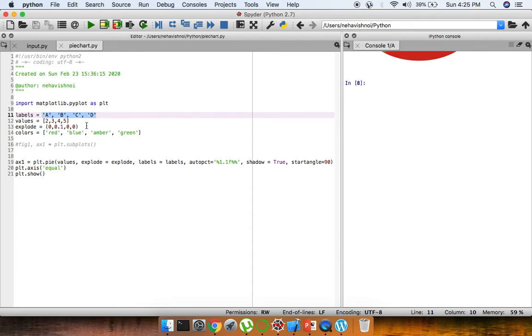We can even assign explode percentage for each of them. The second pie, if you see, all the other three are 0, but the second one will explode, and we can even define the colors. While plotting, we have to give all these arguments, and the point to note here is apart from values, everything else is optional. So the current pie plot, if we run it,